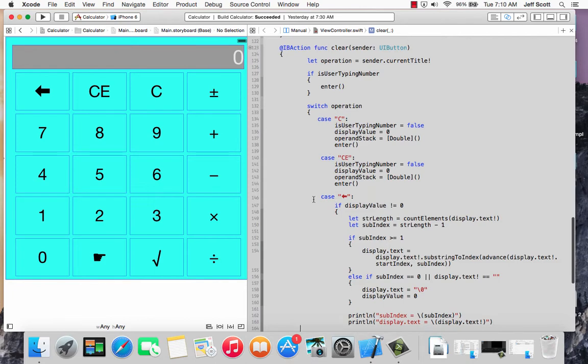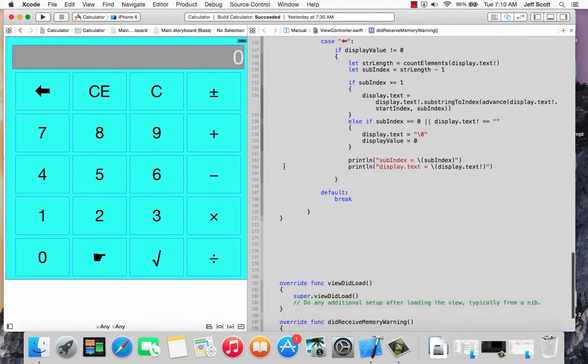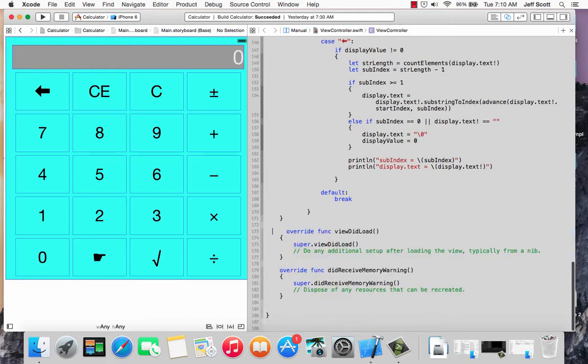All right. Now this one was a little bit more work, and I'm still not sure it's working 100% correctly. This is the backspace right here. In fact, let me get rid of a little bit of, now I've got a whole bunch of blank lines in here. All right. So I went online for some of this. Some of it was just working through, and some of it, still, like I said, it's a work in progress. So if the display value was not equal to 0, if it's equal to 0, there's nothing in there anyway. So if it's not equal to 0,